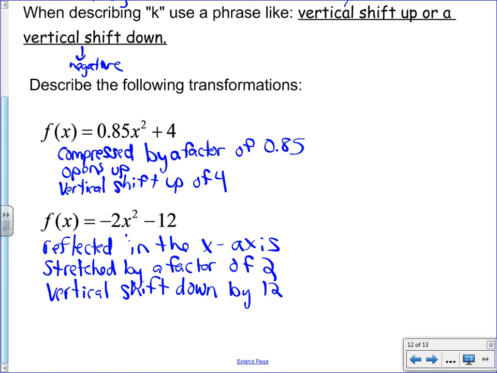Okay, so this is how you would describe it. Again, you're looking at those key values. I'm going to give you a worksheet